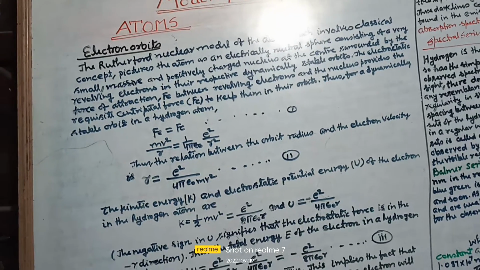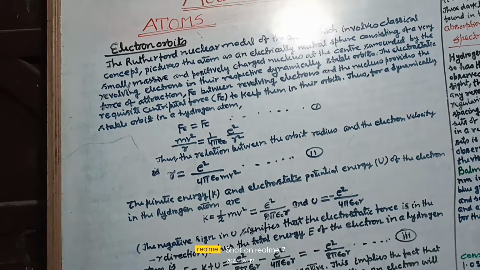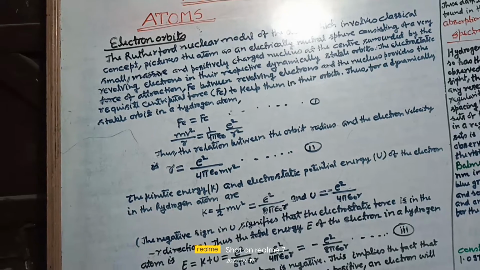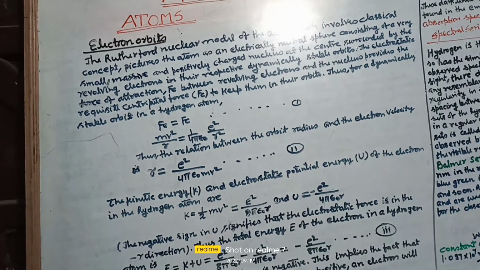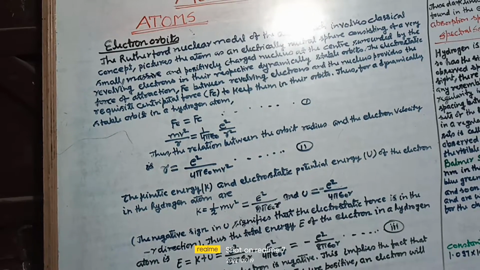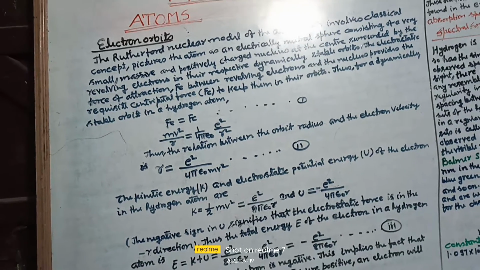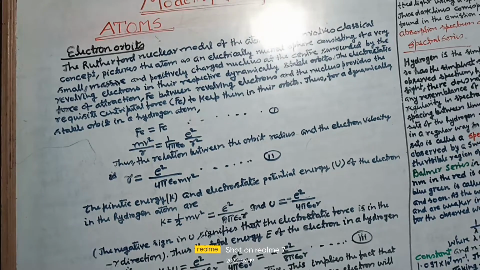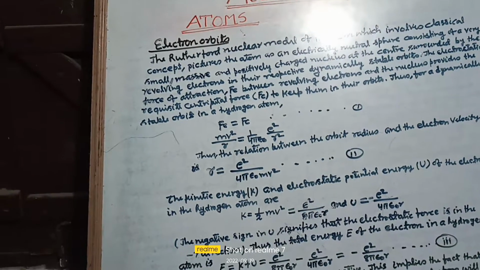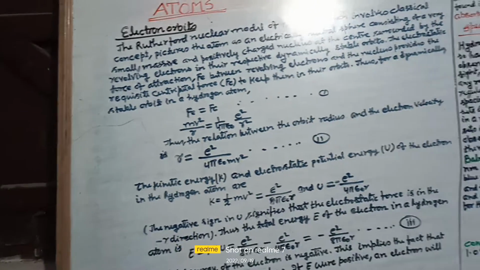The electrostatic force of attraction, Fe, between revolving electrons and the nucleus provides the requisite centripetal force Fc to keep them in their orbits. Thus, for dynamically stable orbits in a hydrogen atom,